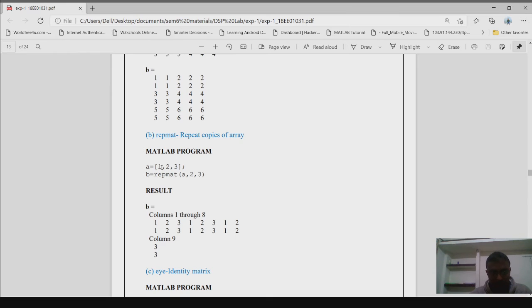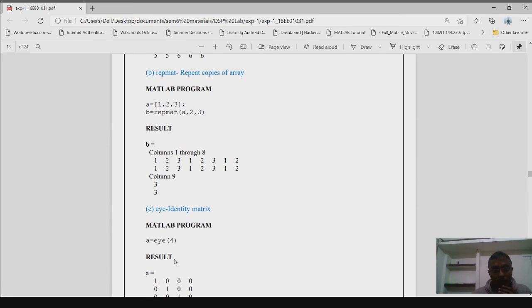This one is there. And after that repmat is similar to the previous one only, but here it is not repeating 1 as 1 1 and this type. This whole thing is being repeated. So these 2 represent two rows, and this 3 represents 3 columns, that this one column again, and this one column, and this 1 2 and 3. So these types of things repmat does.